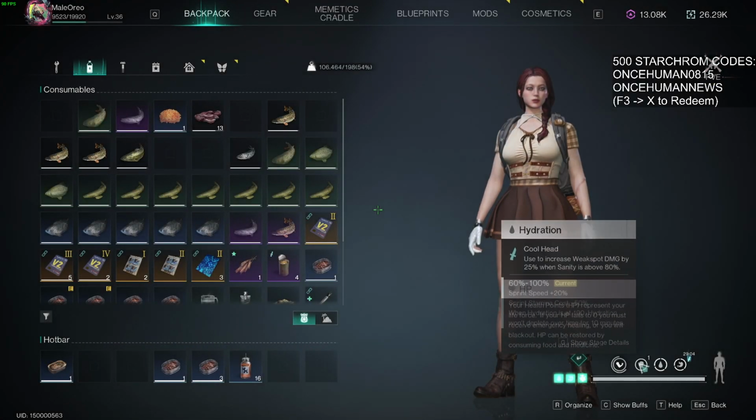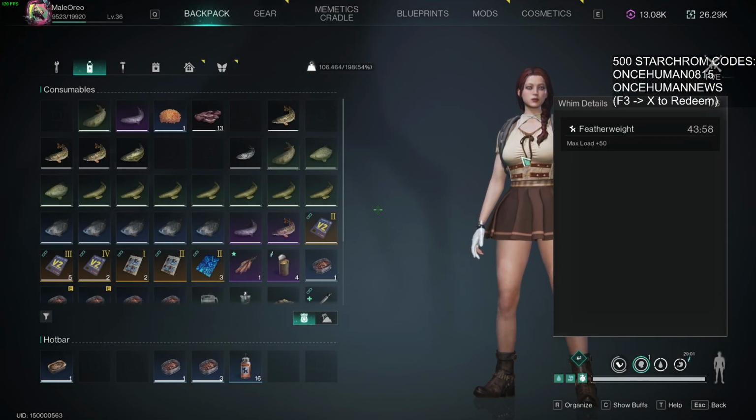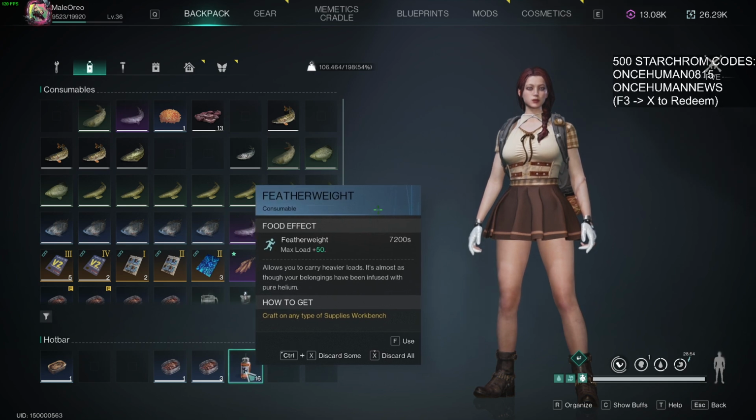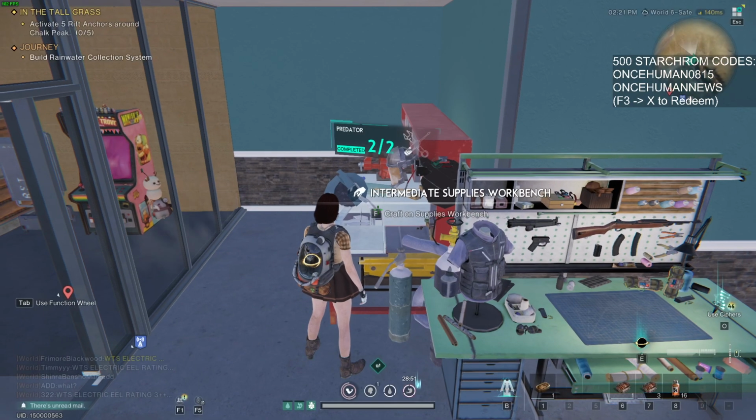Then you can stack 6 whims. Whims are the potions you get from deviants. So I usually always use featherweight, massive for inventory space. I believe the featherweight, which comes from the Pupboy Deviant, is exclusive to PvP servers, but